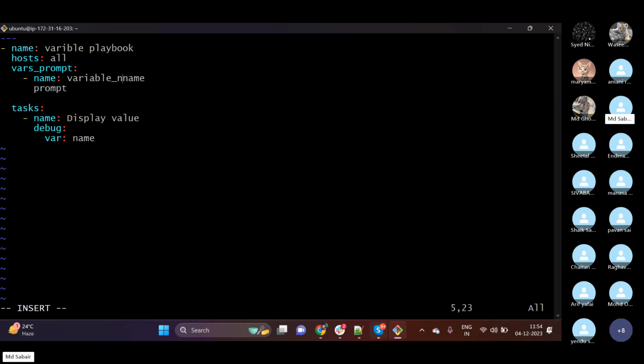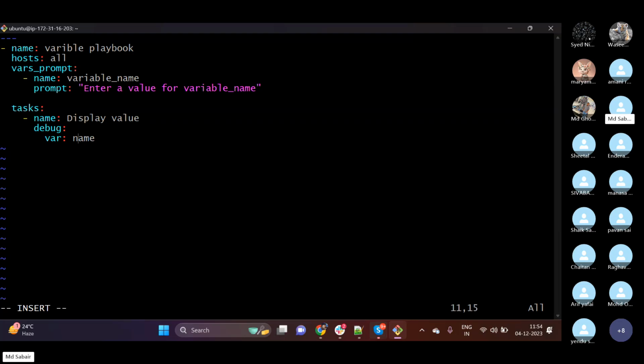Name variable_name, and then it should ask the user to enter the variable, enter a value for name, or else variable_name. So this I am trying to capture from the user itself. Okay, so once done,